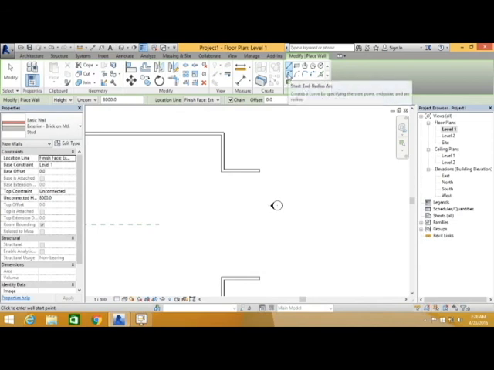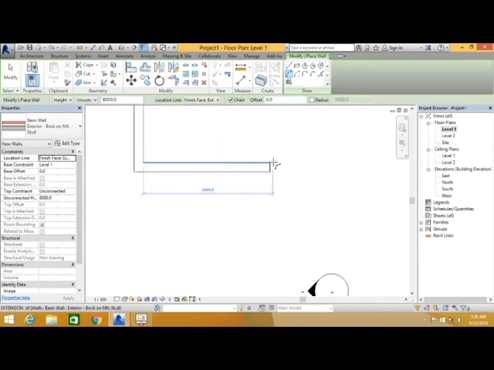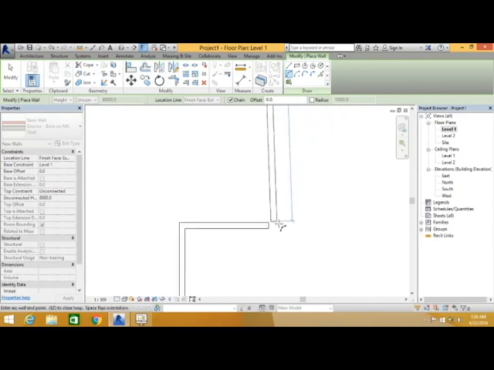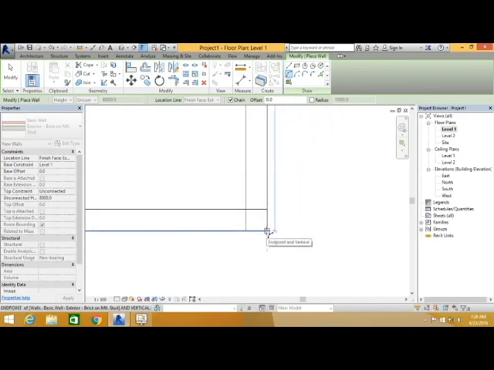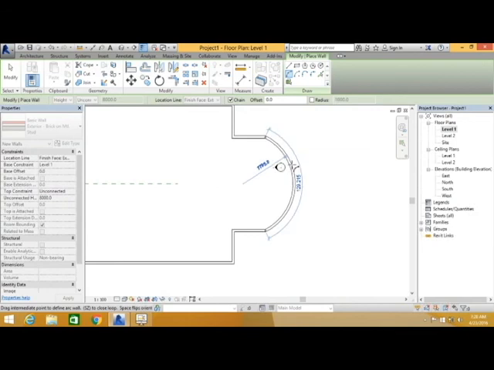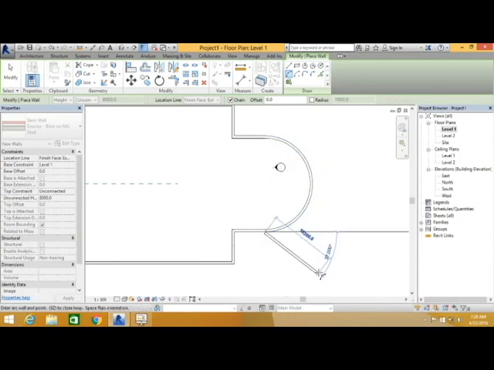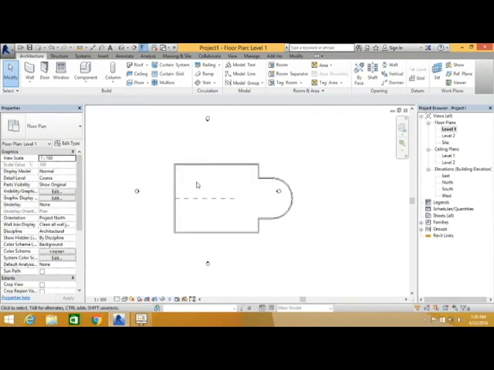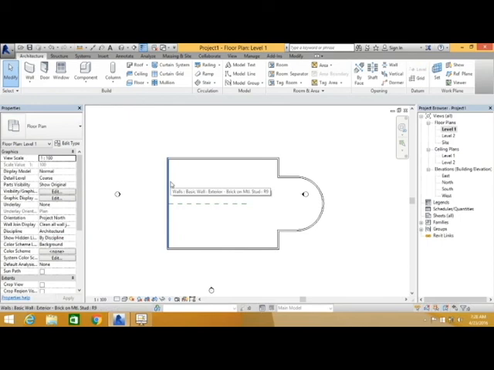Then I need an arc wall. So I will click on the start and radius arc. Then click on this exterior finish, because our location line is finish face exterior. Then you can type the measurements over there, I mean the radius, but in this case I need the tangent radius, so I will click the same point once more. To come out from the command, press escape twice. Now we created the exterior wall.